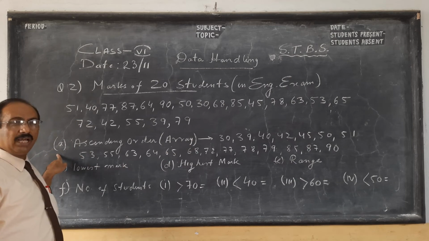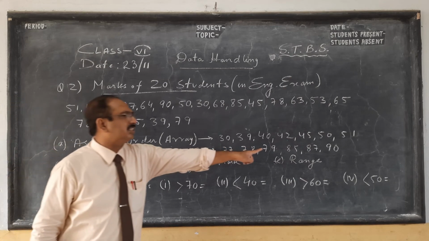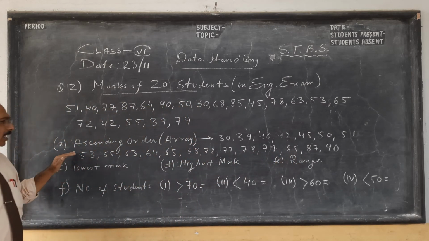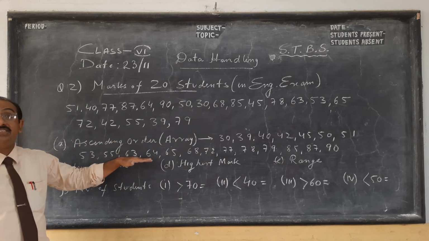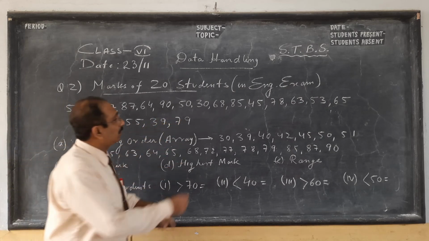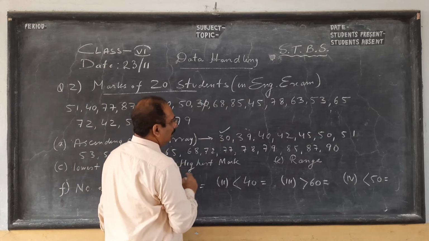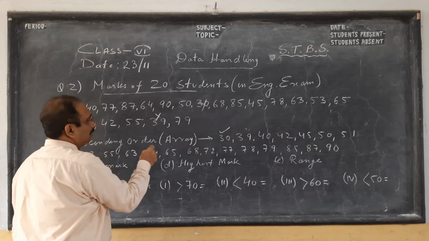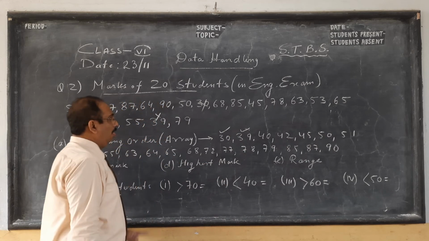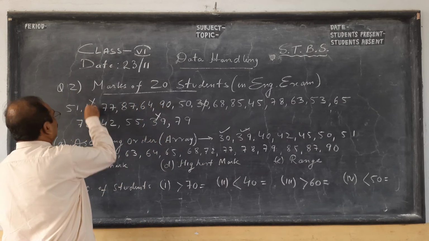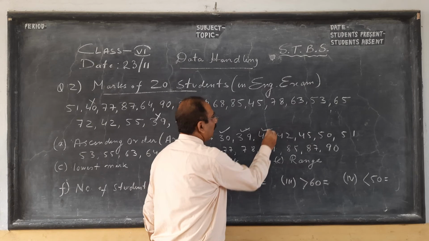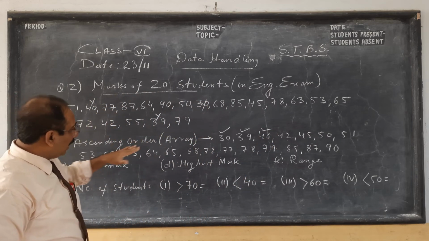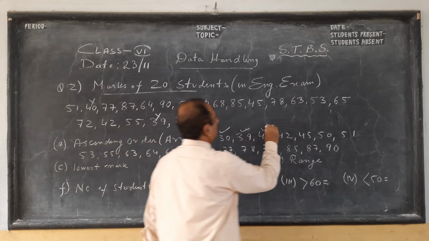So next number B I am not doing, just the opposite, this descending order, 90, 87, 85. So ascending order I have done it for you because it takes time, children. See which is the smallest, 30. You write 30 here. Next smallest you go and search. You don't miss, it takes time. 39. You cancel, you write here. Next you check, next is 40. You write 40 here. You cut there because you will not make the mistake of writing it again. So like that we put in ascending means small to big, children.